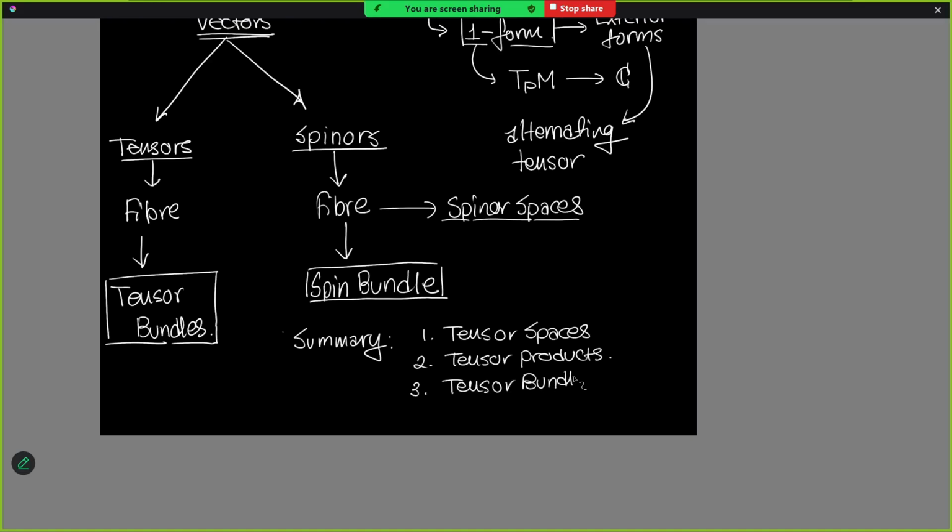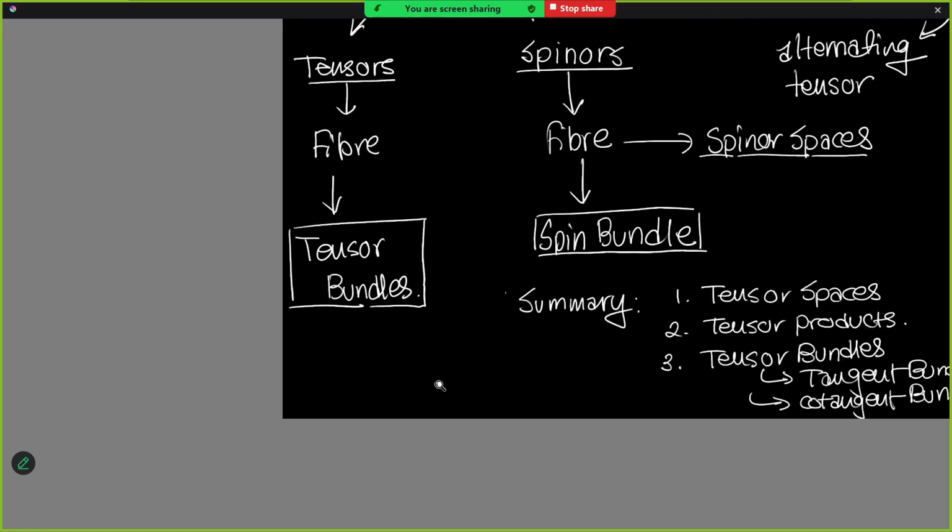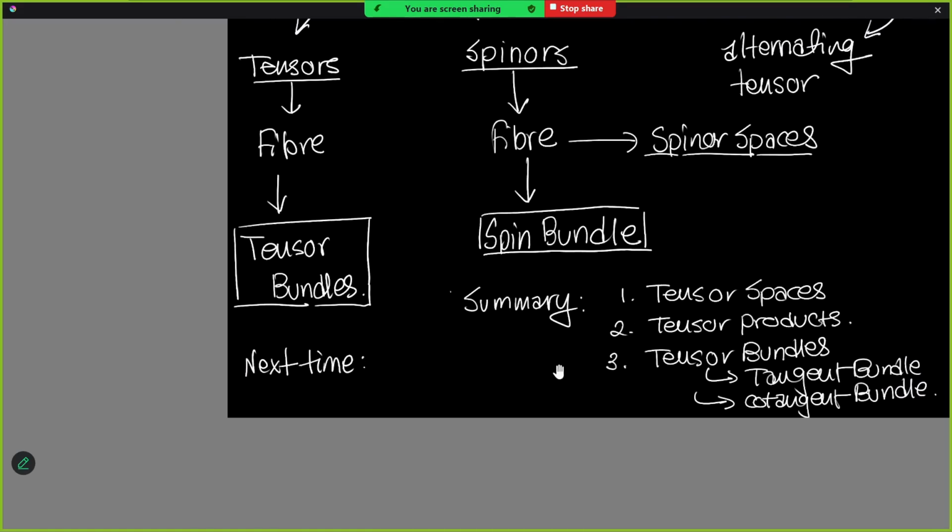And we looked at two important tensor bundles, which are the tangent bundle and the cotangent bundle. Right, so next time we will look at